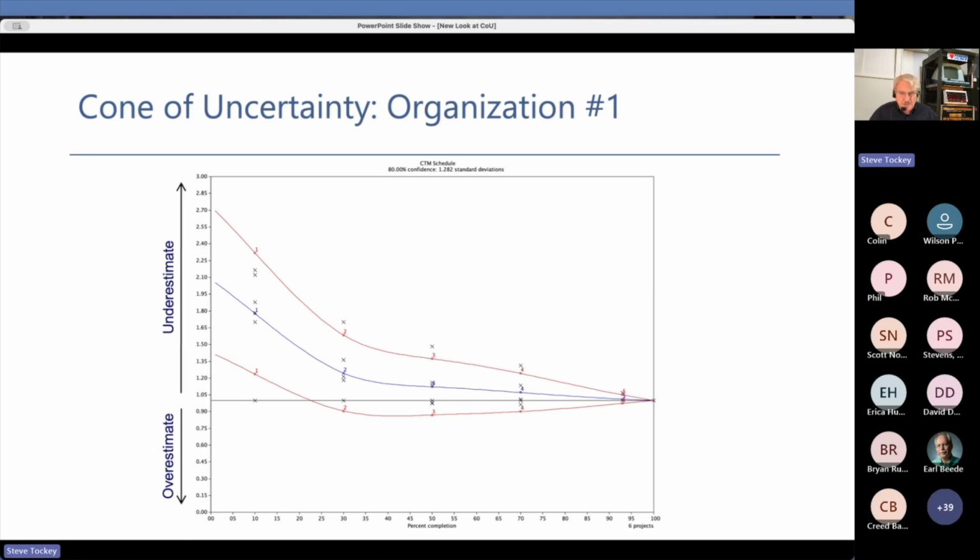If we look at the 10% of the way into the project, the upper bound here, the lower bound here, the mean in the middle here, what this is telling us is that if we were to estimate at 10% of the way into the project that this was a 10-week project, the reality is the project is as likely to be more than 18 weeks as less than 18 weeks. The true 50-50 probability, the true is likely more than as less than, is 18 weeks, not the 10 weeks